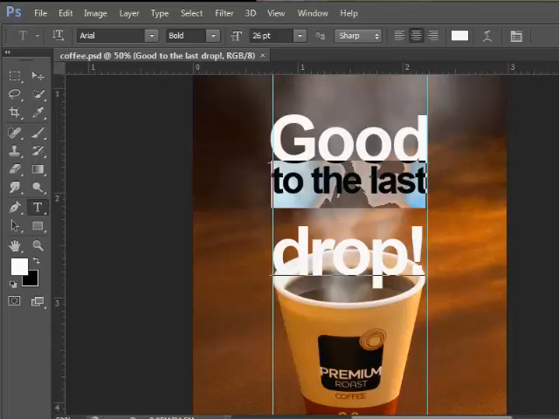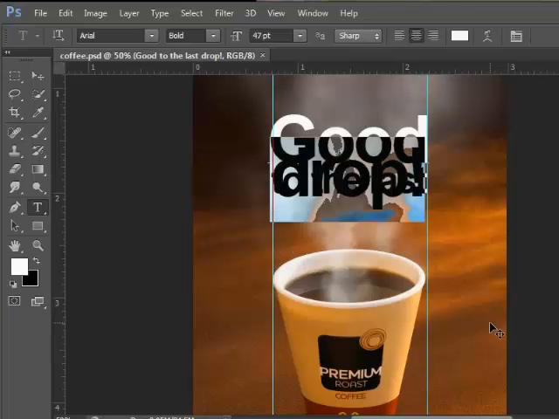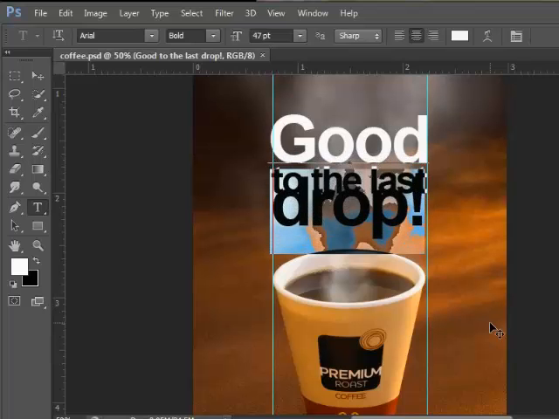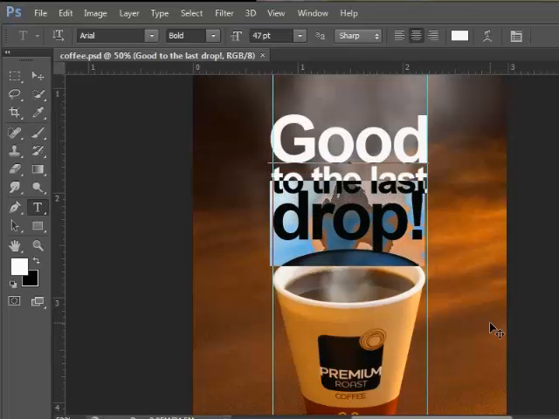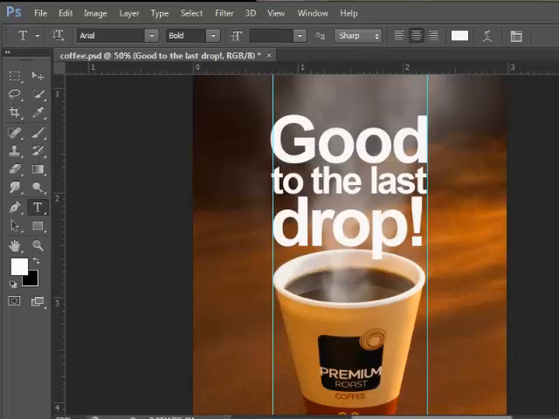It improves readability. I will double click, or actually triple click, on the third line that says drop, and I will do the same thing, just using my alternate and down arrow keys, and adjust the text thusly. And then I'll click on the little check mark in the upper right hand corner. And the last thing I need to do is make certain that it's not colliding with my coffee cup, so I'll go to my move tool